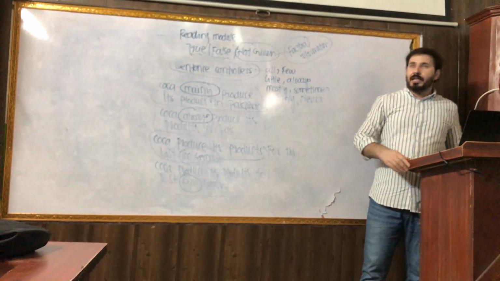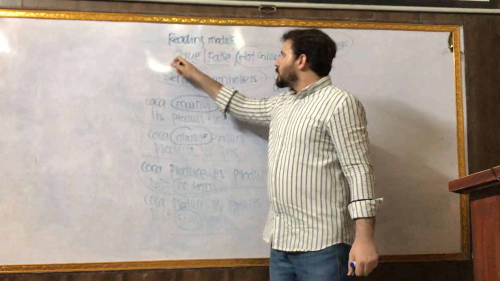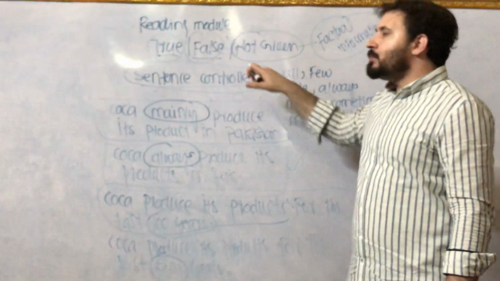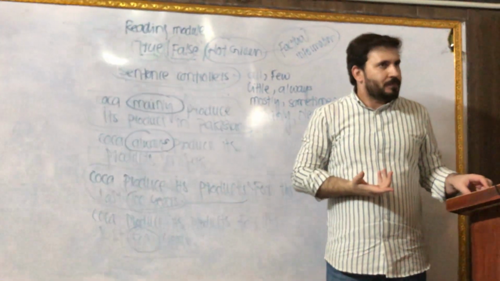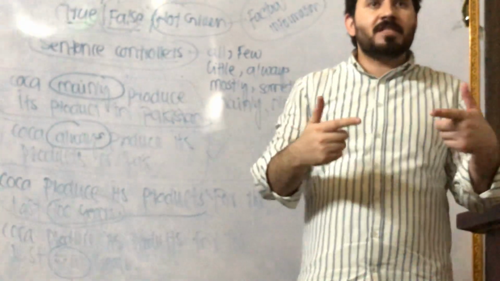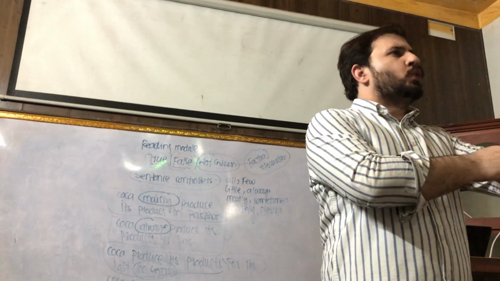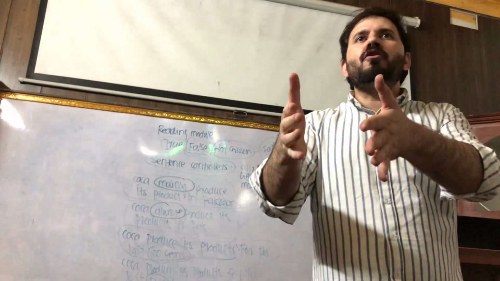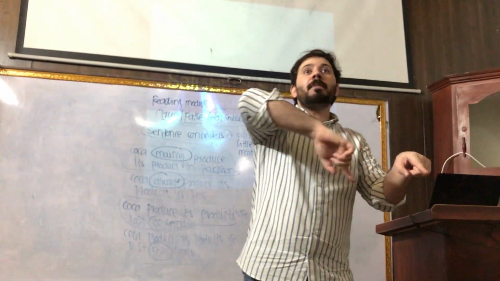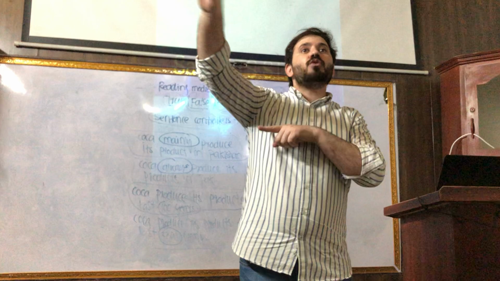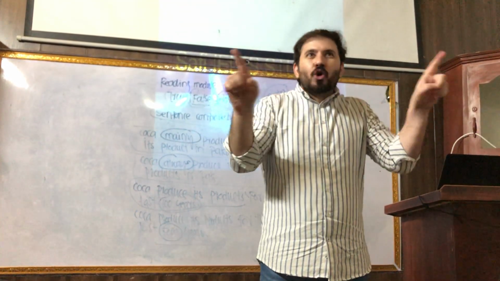Now we will move on towards our lecture, and I'm going to teach you what I mean by true, what I mean by false, and what we mean by not given. Now understand the differences between them. You should know about the differences between all these three. I'm sure you understand what I mean by true. True means when the information provided to you in the passage exactly matches the question. It means that's true. There will be no doubt.